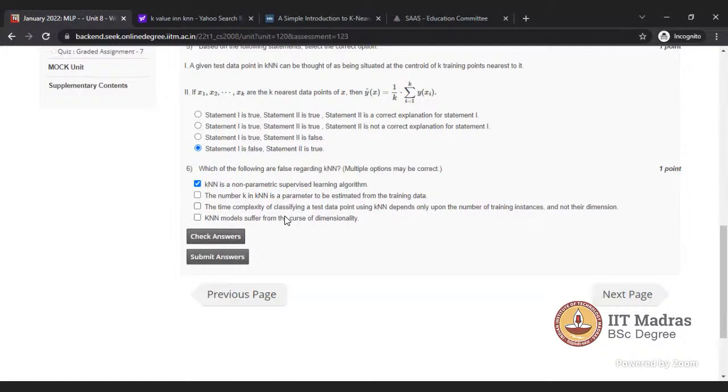Have you learned about time complexity, how we calculate it? Yeah, we have an idea how to calculate it, whether it is order n time or order n squared time.